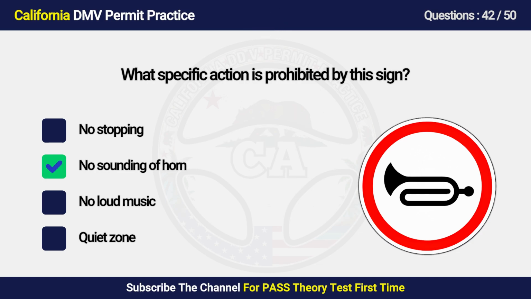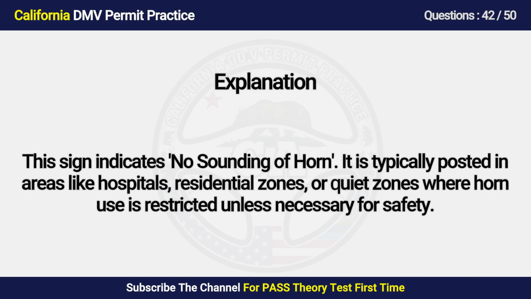Answer is B, no sounding of horn. This sign indicates no sounding of horn. It is typically posted in areas like hospitals, residential zones, or quiet zones where horn use is restricted unless necessary